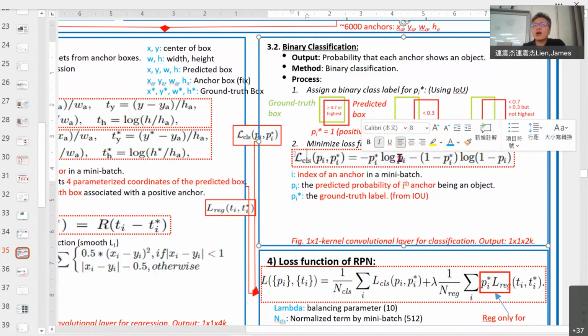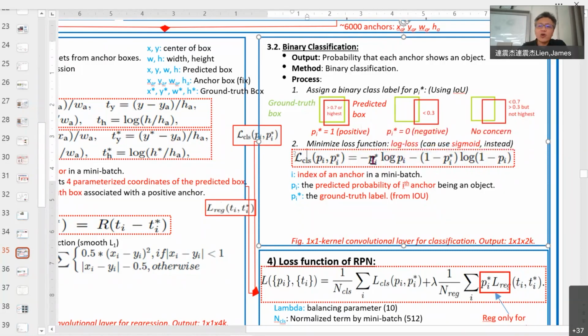But before, our cross entropy was without this term, but that's not good. This one is better